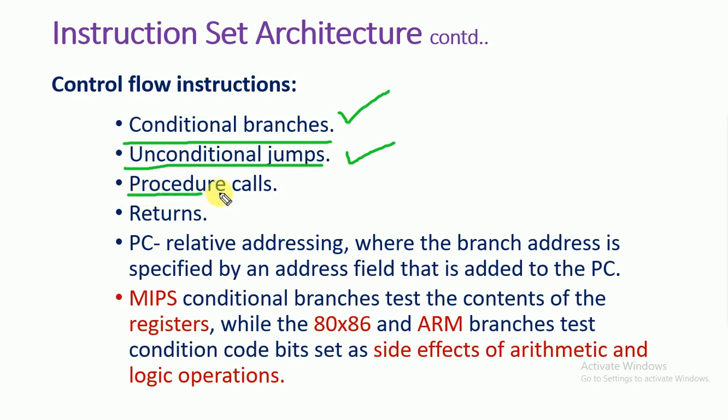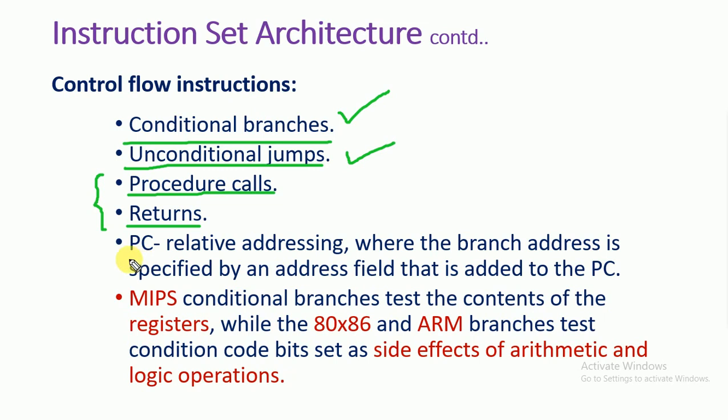Then we can have procedure calls, when we have a small module, a small method or a function available. When we have a call to that procedure, the control will be transferred to the body of that procedure, and later, after the completion of that procedure, the control will return back to the main code. As we do in many high-level programming languages, in assembly we can also use procedure calls as well as return to the main program.